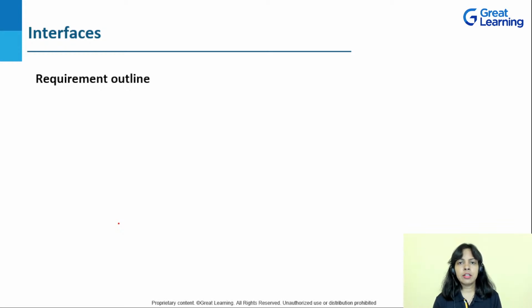First of all, a little bit of basics about what an interface is, then I'll come to programming also. So what is an interface? I have written a keyword here: requirement outline. Generally you have seen the definition of an interface as a collection of methods, abstract methods. That is also true, but why is this interface used? Where will you use it? To answer that, I have given a definition that it's a requirement outline.